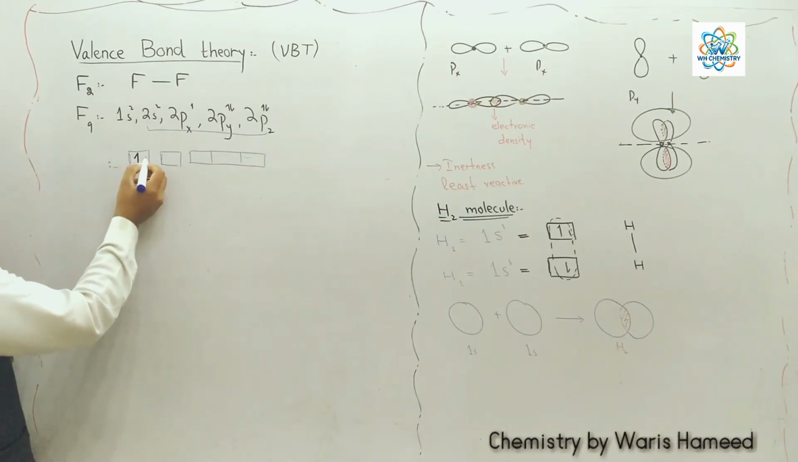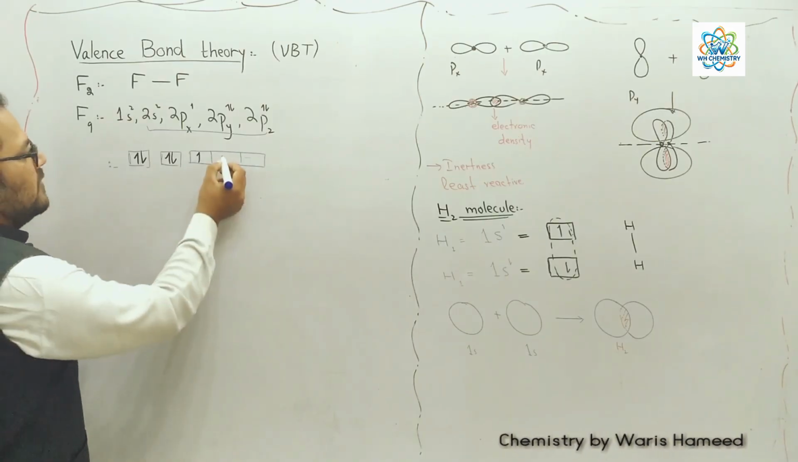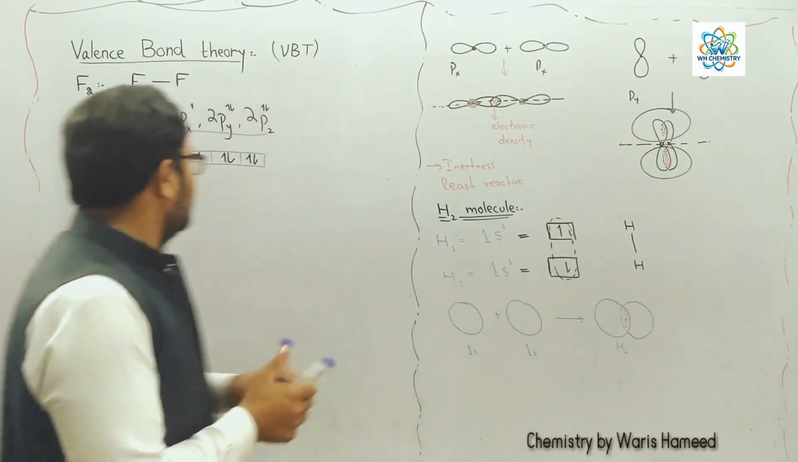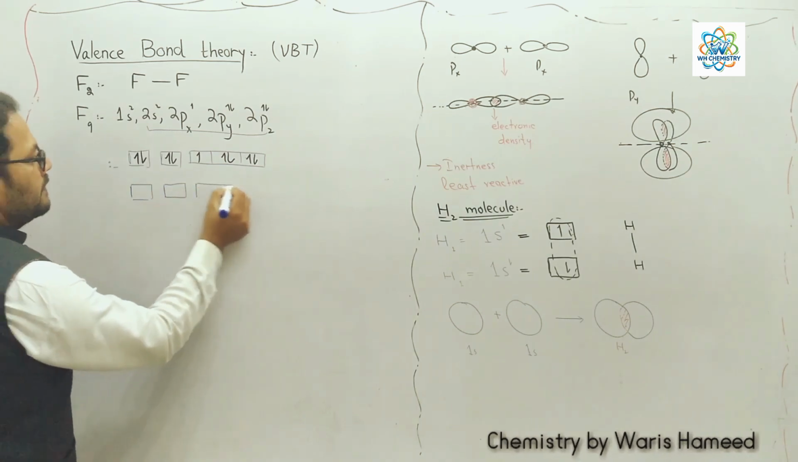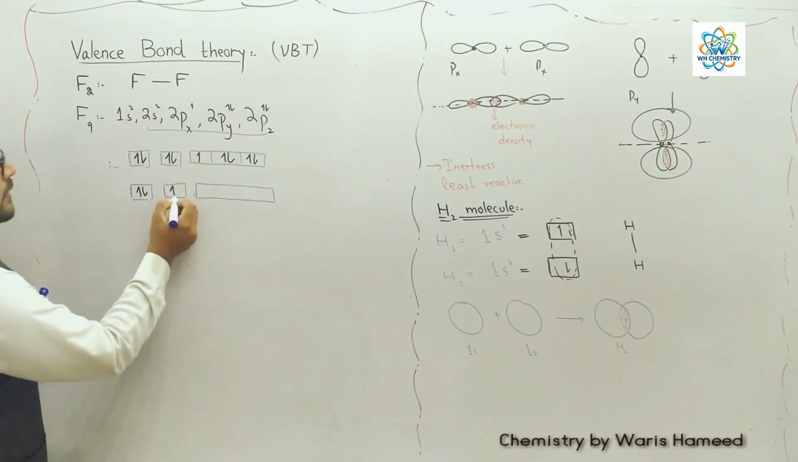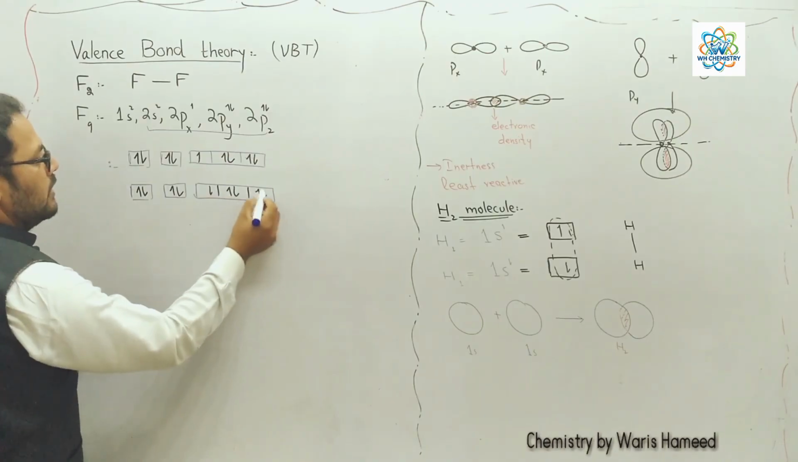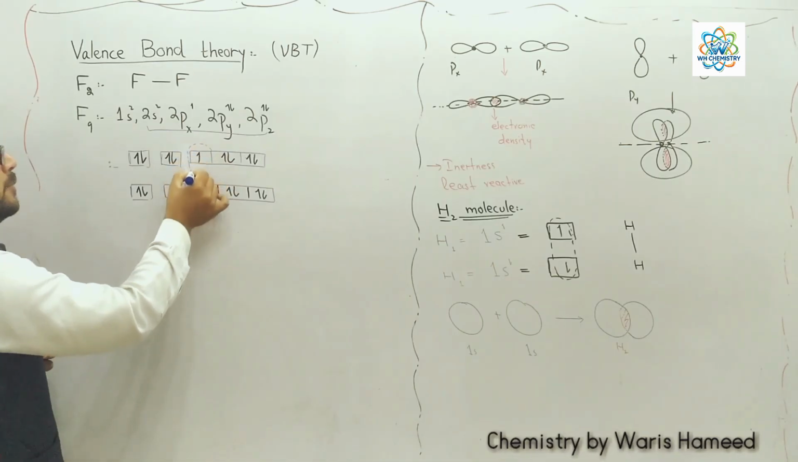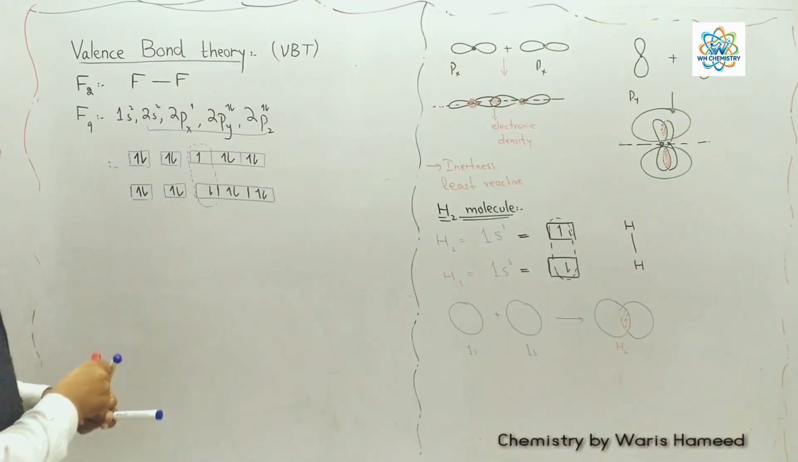First s has 2 electrons, second s also has 2 electrons, and 2px has 1 electron, 2py has 2, and 2pz has 2 electrons. The second fluorine atom has the same electronic configuration. Here are 2 electrons, 1 electron, 2 electrons, and 2 electrons. Now 2px has an unpaired electron, and these electrons have opposite spins,